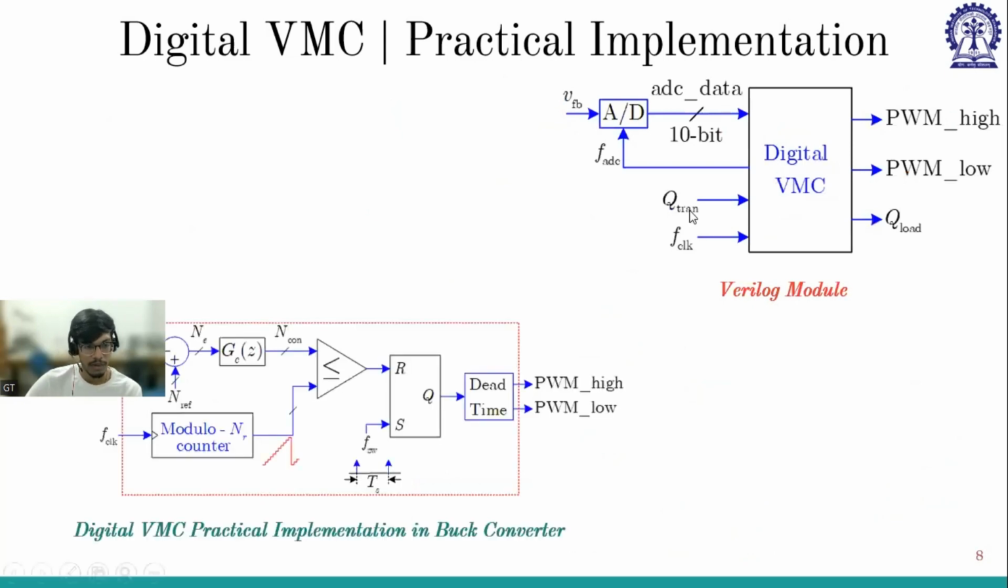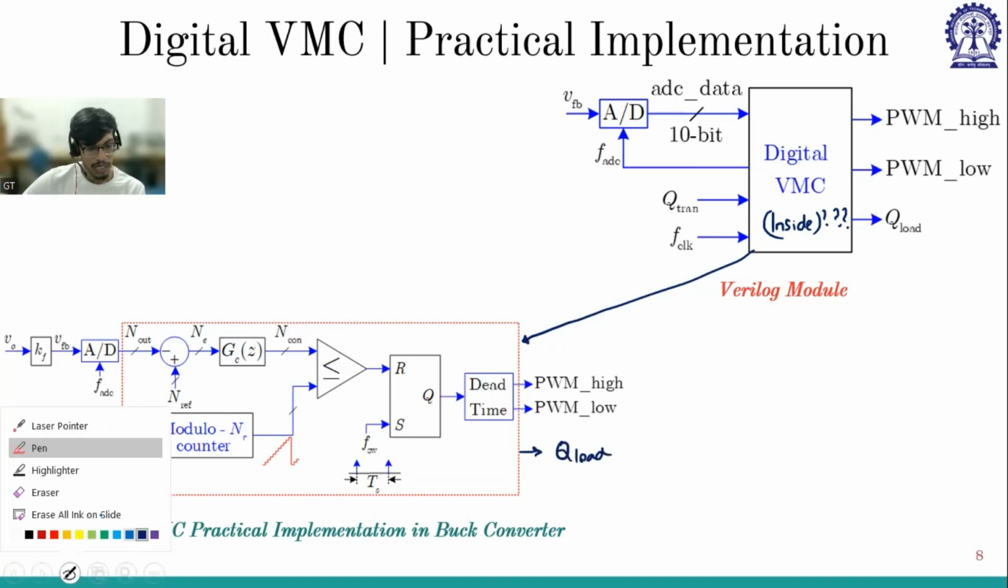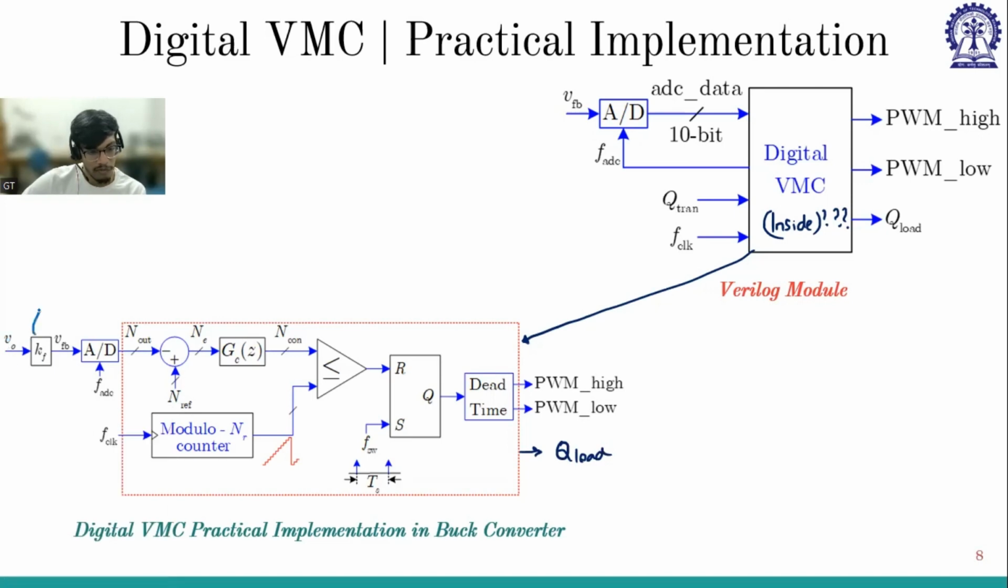Now, if we look at the voltage mode control architecture, what is inside this module? That is this block. Another output coming out is Q load. If we go inside, V naught is coming, and KF is the gain. We are scaling down V naught, and the gain is 0.27. So V feedback is